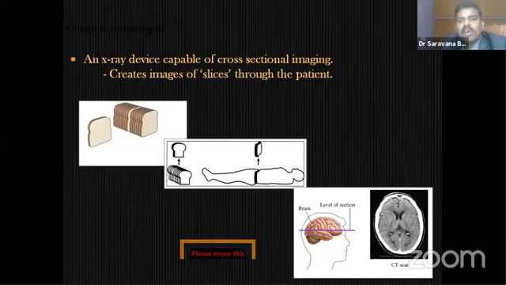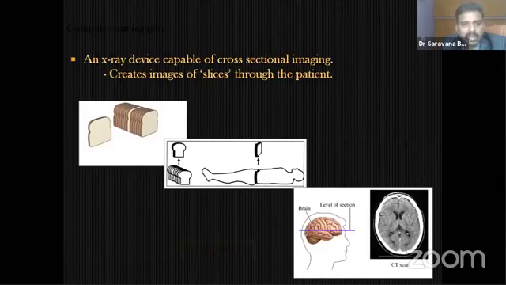So what is computer tomography? Just a computerized cross-sectional image. That's all. You are going to see the cross-section alone, or you can say you are going to see the slice alone, whichever slice you want. If you want to take any slice of any selected area in your body, you take the slice and you can view that. This is called computerized cross-sectional imaging.